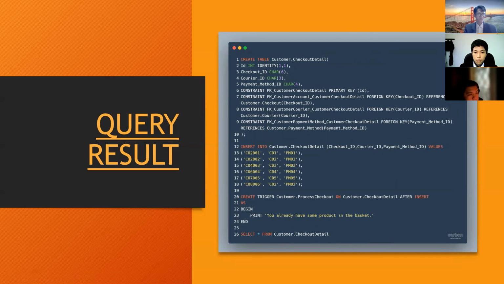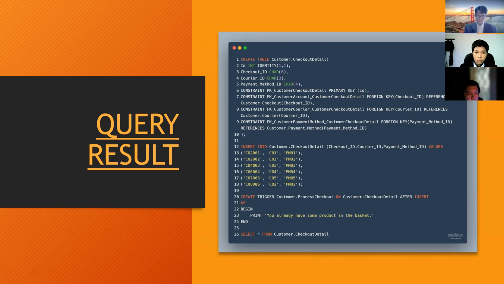This is the customer checkout detail table. We have the fields of ID, checkout ID, courier ID, payment method, and then we set constraint primary key, customer checkout detail, and then constraint foreign key, customer account underscore customer checkout detail foreign key, reference to the customer checkout ID.